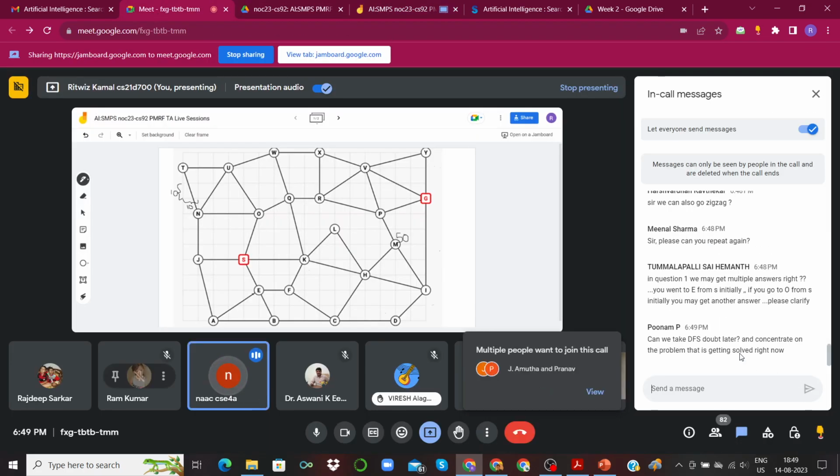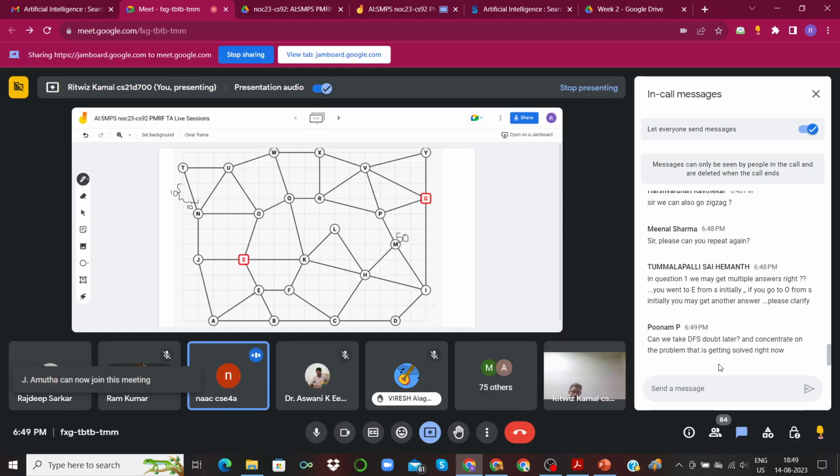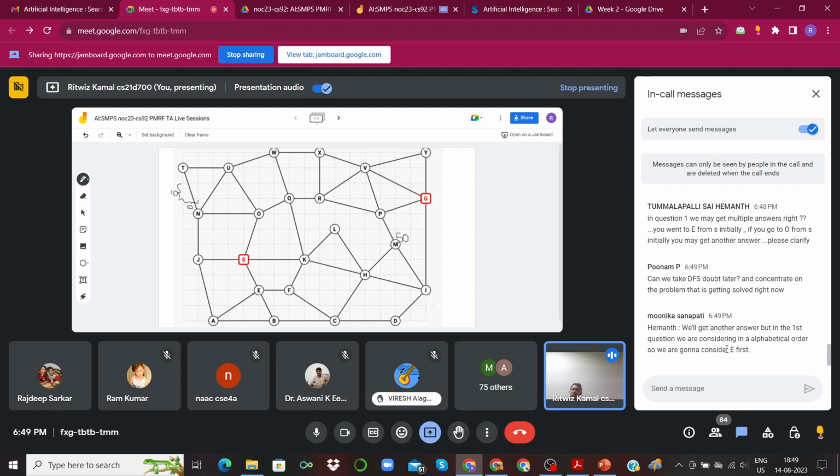Sir, sorry to disturb. Yeah, please go ahead. Isn't it that we need to move from one node to another, or directly we can use these boxes to reach the goal node? Yeah, that's a valid doubt. Thanks for asking that. When we are calculating the distance or the heuristic value between two nodes, we are not actually moving. Okay, we are just assuming that this is the path that could be followed. We are not actually moving from that node to the other node following the boxes. Okay, thank you, sir. Yeah, we are only going to move through the edges.